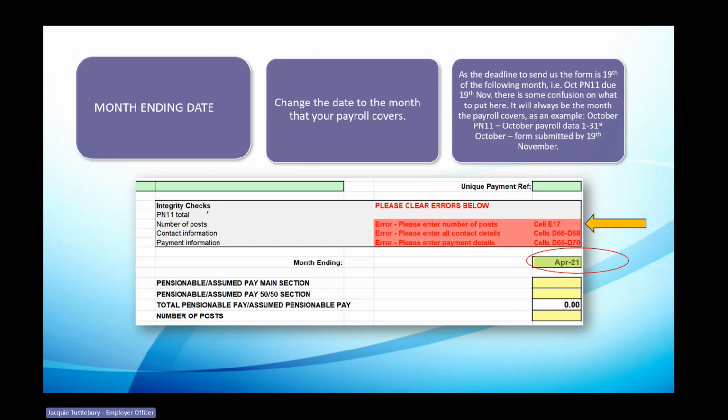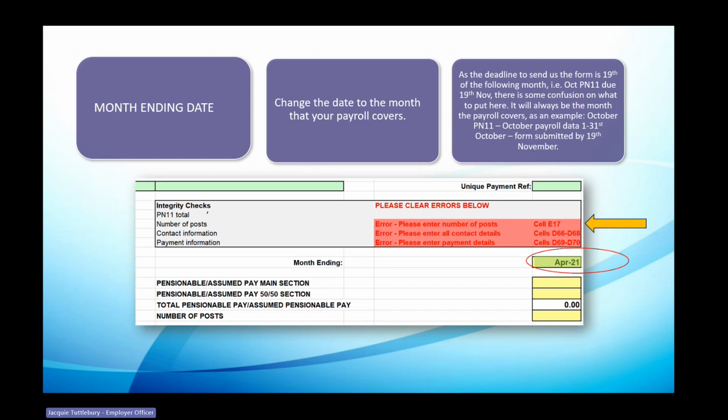Once you've completed the form fully, these errors will clear so that you can save the PN11 and submit it to us. The date that you select when completing the template should be the date that payroll figures relate to. So if you're entering the October payroll figures, then select October for the date on the PN11. We, of course, work a month behind, so you'll be aware that we will only start to process the October